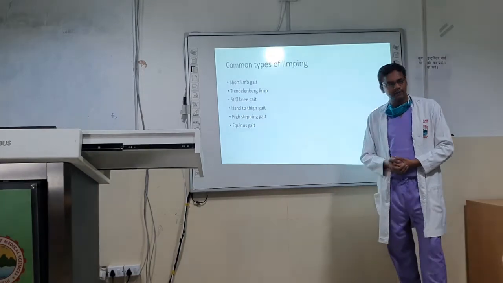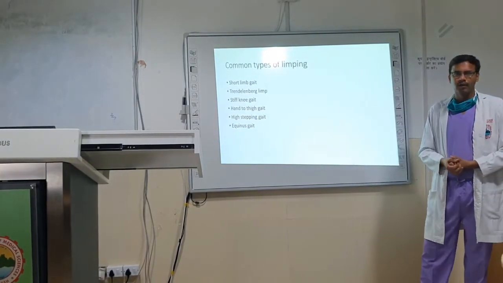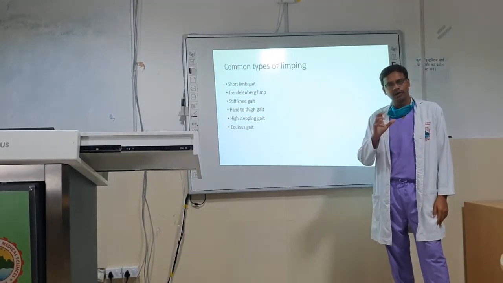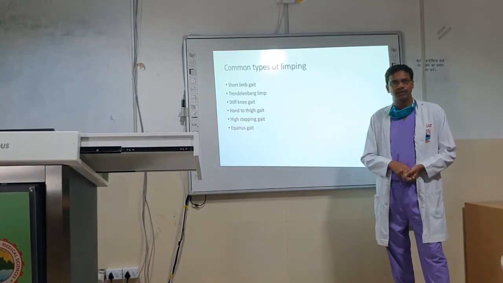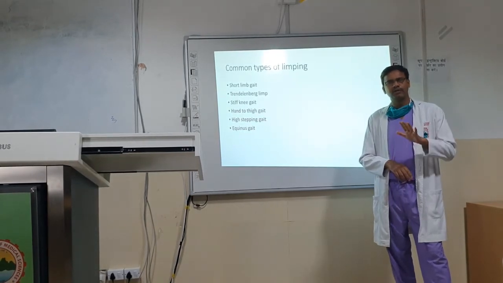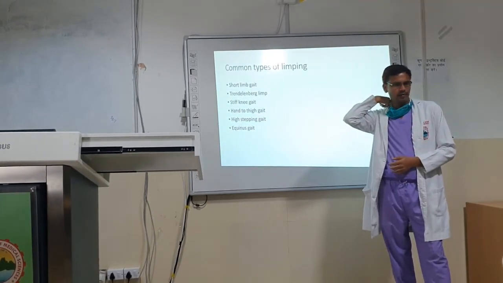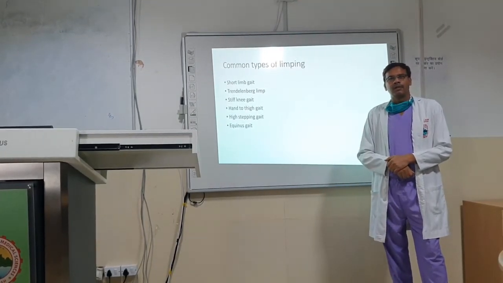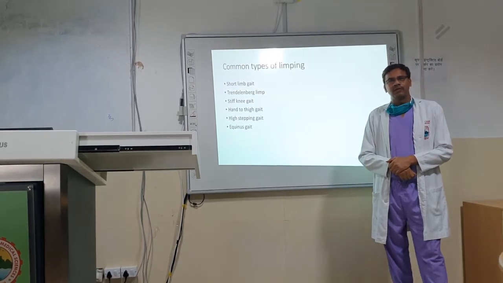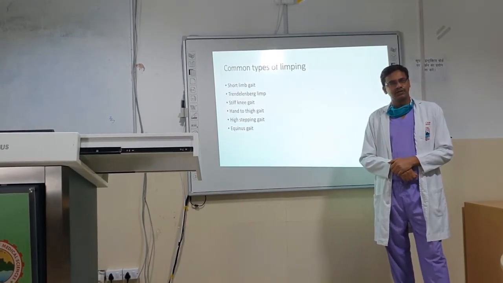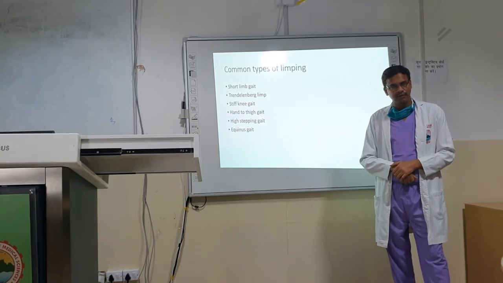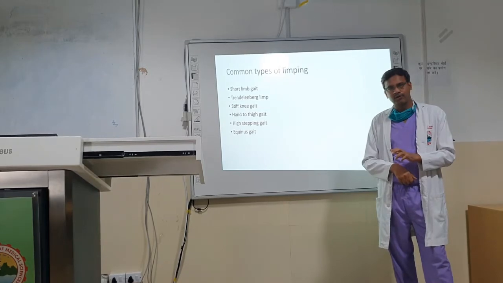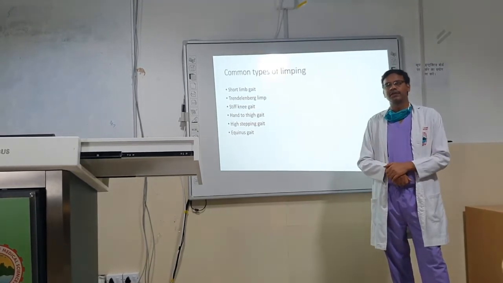Now the next type of gait is the stiff knee gait. It is most commonly seen in those cases when there is co-contraction of hamstrings as well as quadriceps. It is occasionally seen in spastic diplegia or hemiplegia. As I already told you, in the swing phase there should be adequate flexion of the knee, while in the stance phase there should be complete extension of the knee. If it is not adequate, then it will be a stiff knee gait, and you should be able to